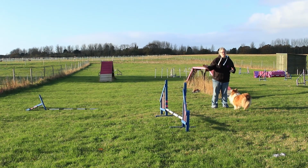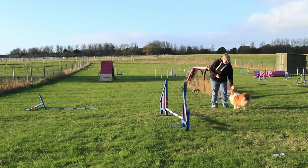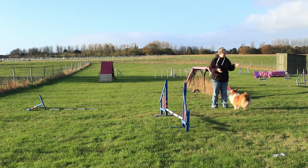You run down and do this. It's all about building up muscle memory and getting it so that the dog doesn't even have to think about it. They just get on with what they're doing. They run down and turn. So we need to reinforce that. It's the same with the other turns. So I hope that's all made sense, and you can see, obviously that I used my arm to help her